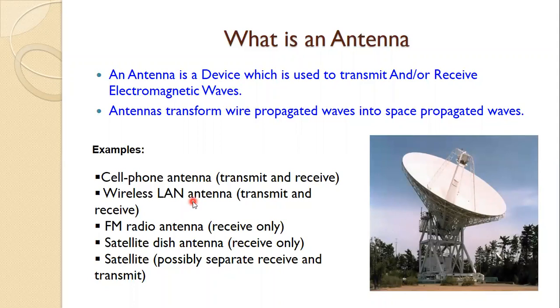Everybody is using mobile phones and wireless routers. How is this wireless signal connected with the device? Through wireless routers. So they do have antennas, and they transmit and receive signals. Third one is FM radio antennas. They only receive signals; they cannot transmit signals. Then the satellite dish antenna, an example for direct to home, which is located on the top of our house. It is only a receiving antenna. Fifth type is the satellite antenna. It transmits as well as receives signals.